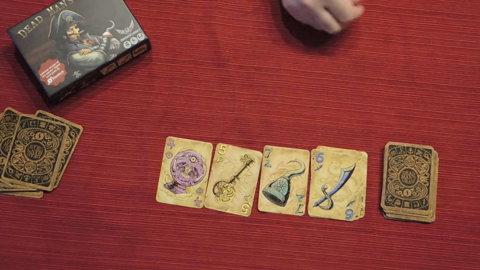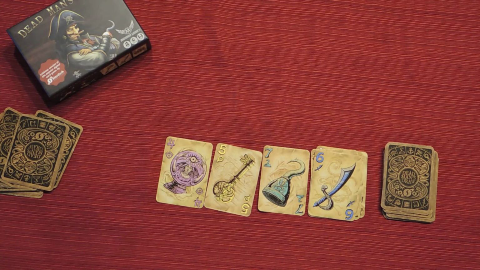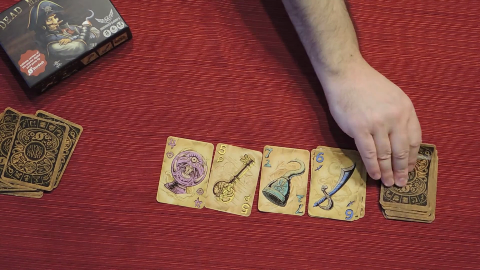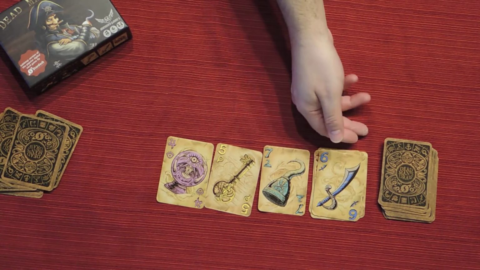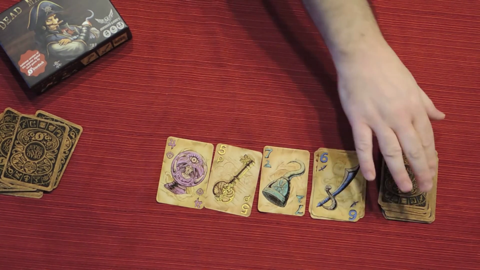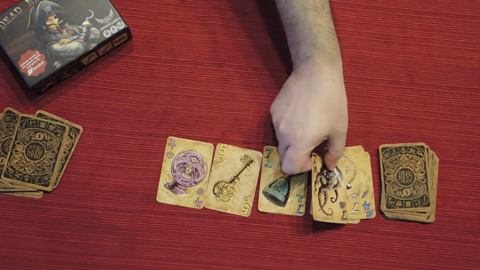Sword. The sword's ability is that I grab the top card of any suit that I want from any player, add it to the play area, and do its ability. So, for example, if I have a chest here and one of the other players has a key, I can just grab that. There's another sword, anchor,